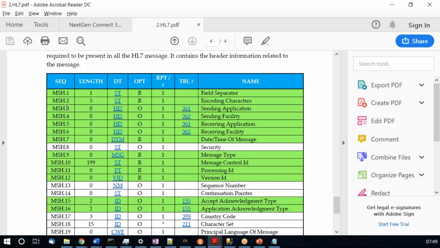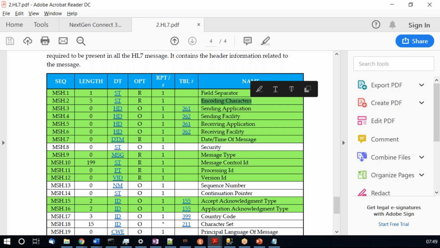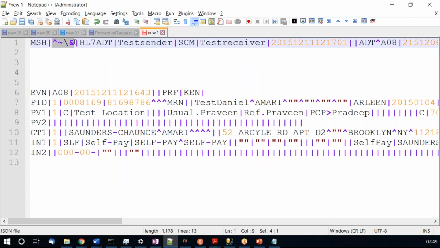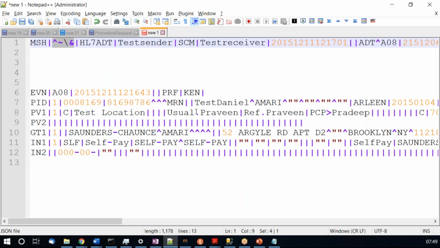So for now, we'll take a look at whether a segment or the field is required or not, whether the field is repeatable or not, and what its use or functional requirement is for each field in the real-time hospital workflow. As I said, MSH1 is the field separator, which represents this particular pipe symbol, and MSH2 is the encoding characters, which are nothing but the delimiters of the HL7 message. And MSH3 has the sending application, which means MSH3 will include information about the application which is